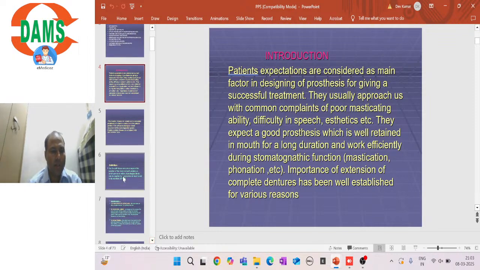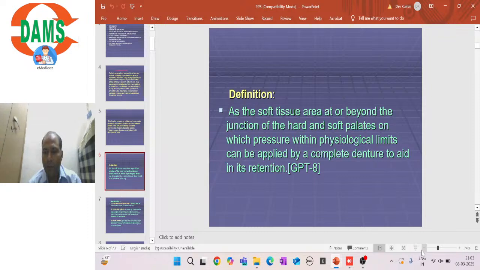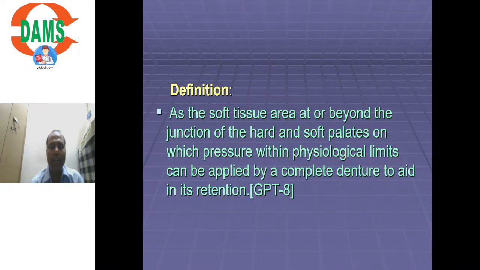the posterior palatal seal area, the two things we need to understand is that it is defined as the soft tissue area at or beyond the junction of hard and soft palate on which the pressure within the physiological limit can be applied by the complete denture to aid